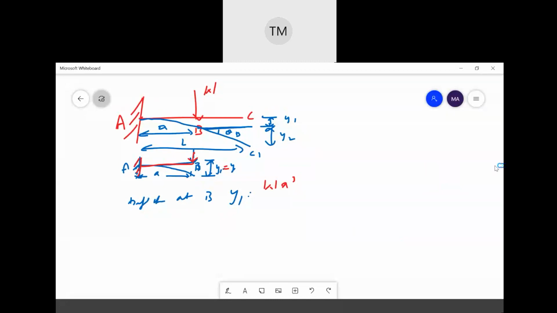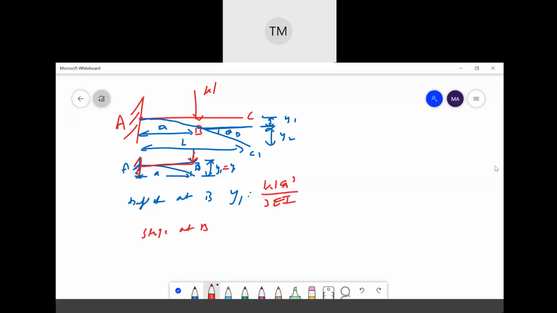Instead of L, here you are taking the value as A. WA cube by 3EI will be the deflection, and the slope at B,